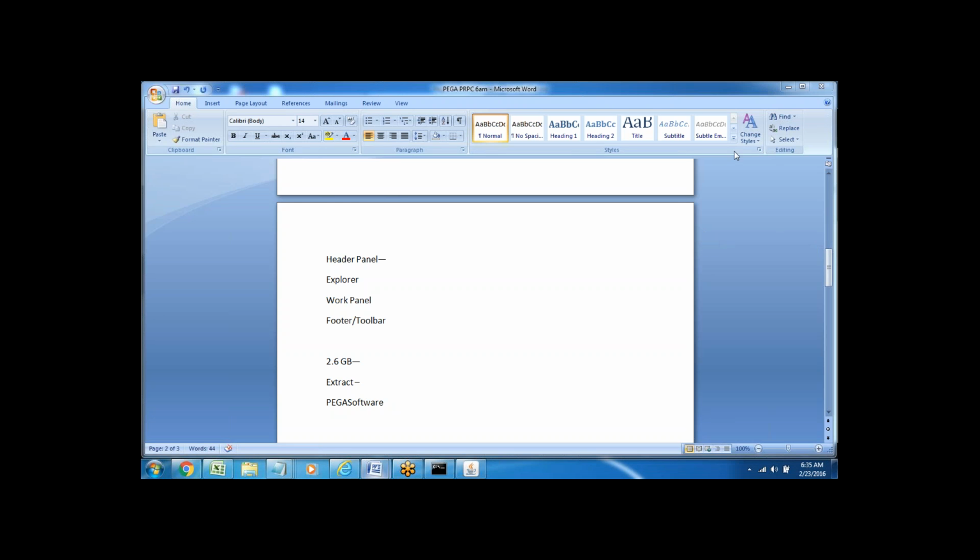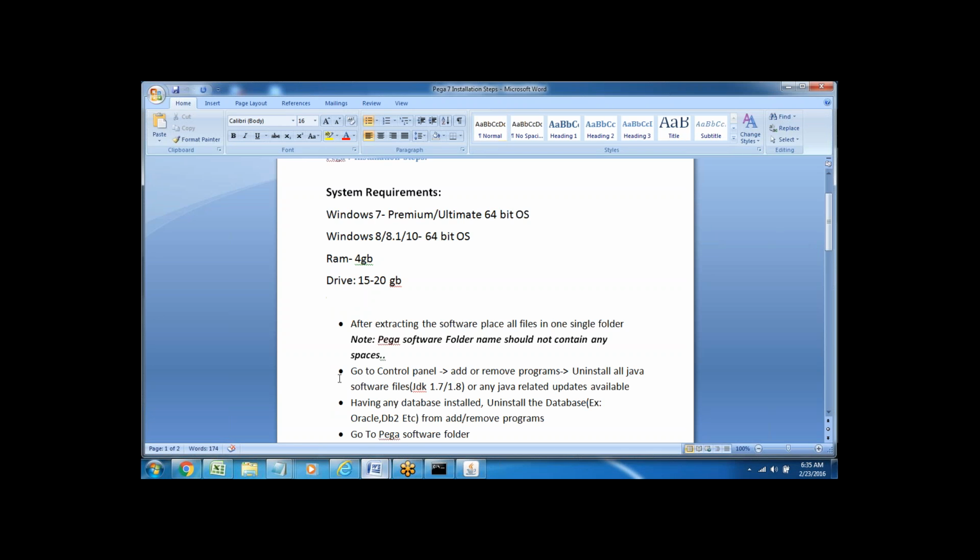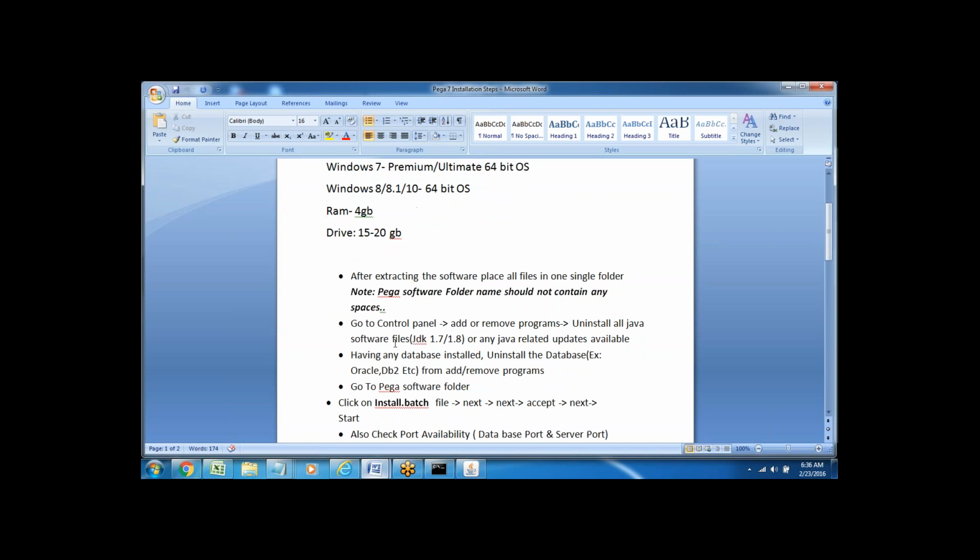See, whatever folder name you are using, that folder name should not contain any spaces. Okay, that is an important point. And if you have higher versions of JDK, along with this PEGA software it will install Java also. I told you, if you have a version higher than 1.7,